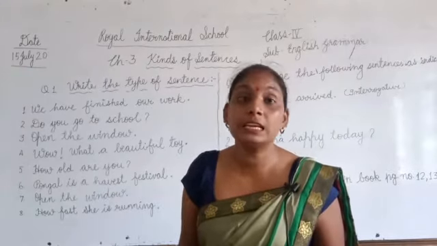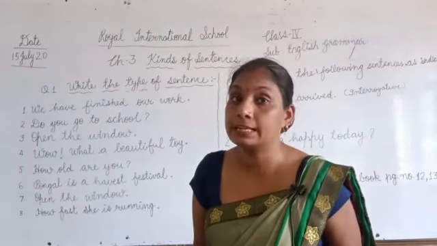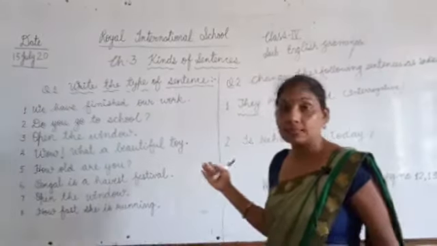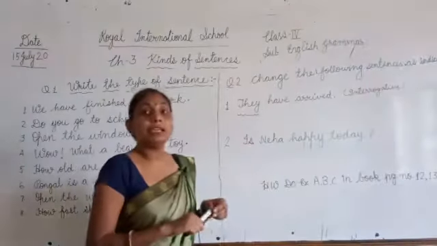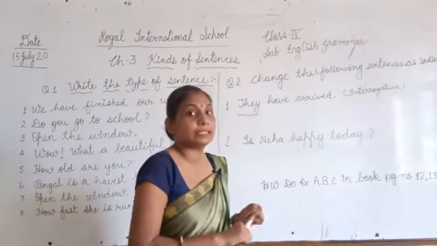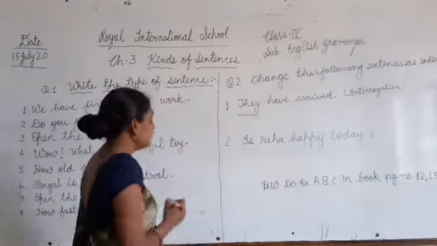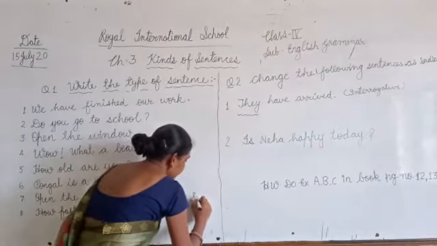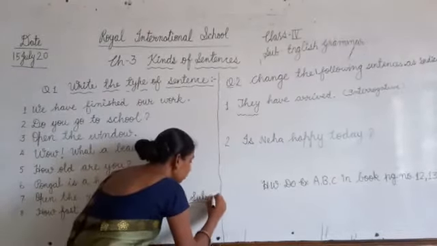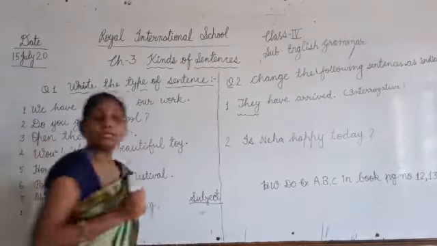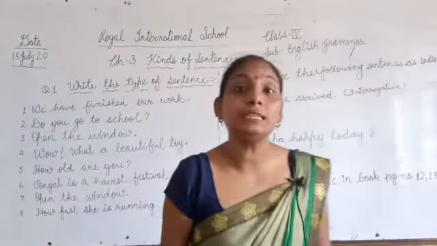Okay, now we will discuss how we make a sentence and what things we need to make a sentence. So, let's come to the exercise. When we are going to make a sentence, first of all, we need a subject. What do we need? Subject. So, we should know what a subject itself is.